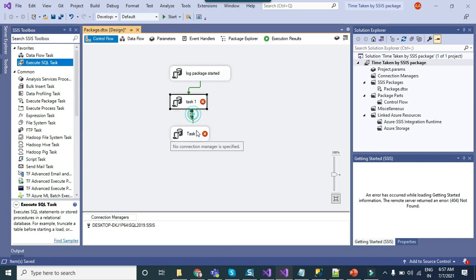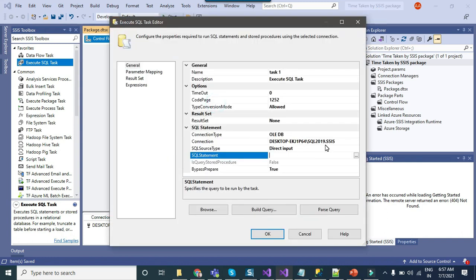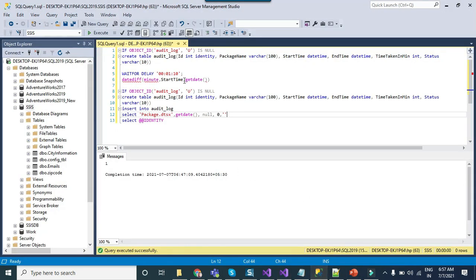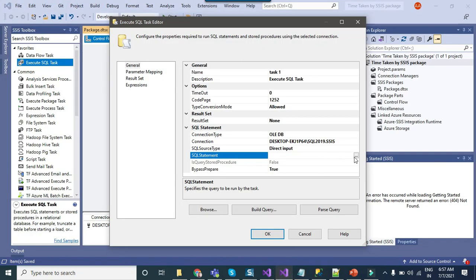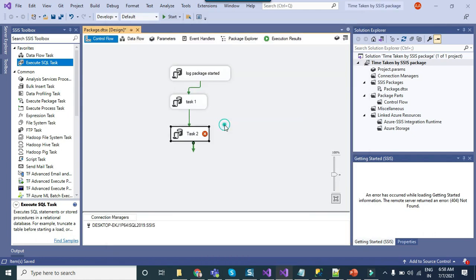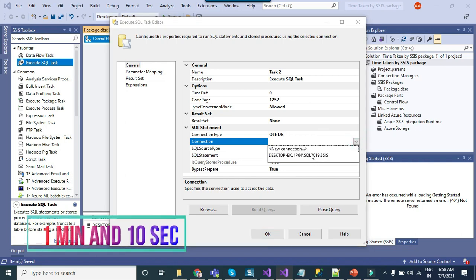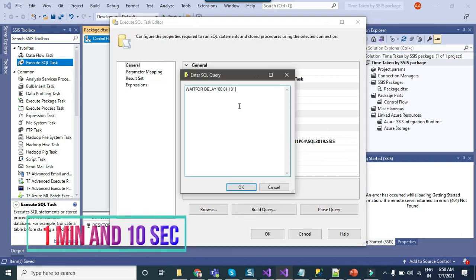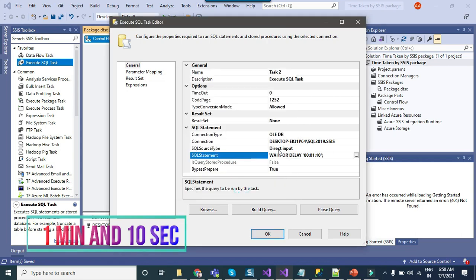Okay, so instead of writing some stored procedure and making the process more complex, let's wait the process for maybe 2 minutes, so that as soon as the time is up you can see what time it is taking. So this particular code will wait for 1 minute and 10 seconds. Let me just copy and paste this code here. Then for task 2 as well, let's wait for 1 minute and 20 seconds.